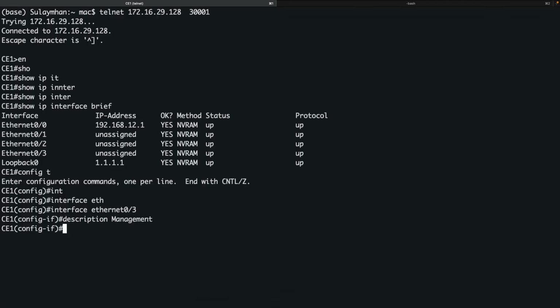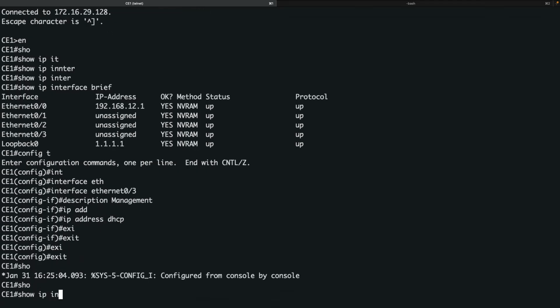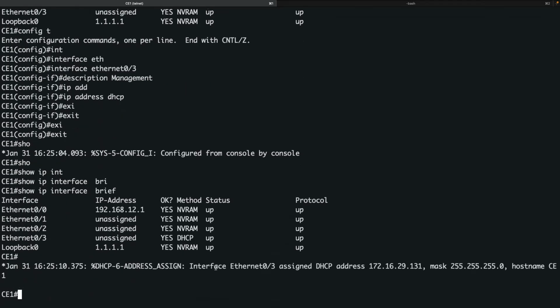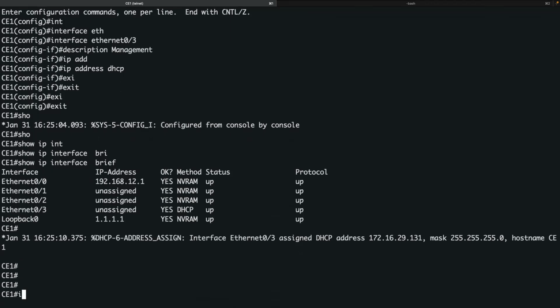And let's say IP address DHCP. Interesting. So once you save it, you would notice that show IP interface brief, can you see, the IP address is coming. You can see the IP address 172.29.131.255.255.0. But you have this IP address already. So you can see that it has assigned an IP address from your management network,